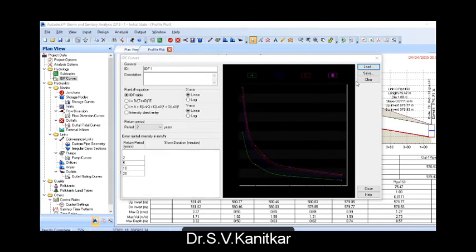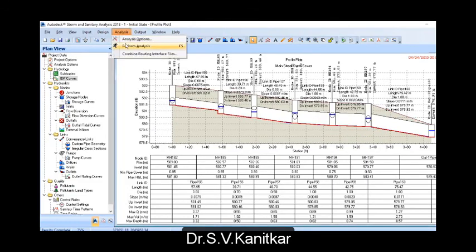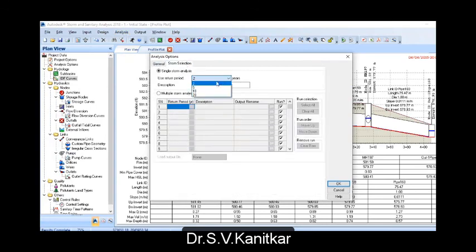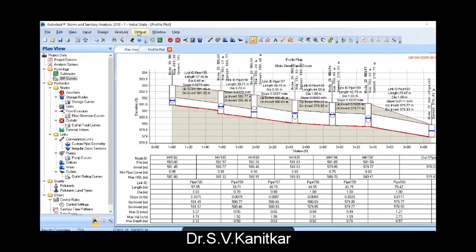I think it's loaded. Okay, so let us analyze for a slightly higher return period. So I will select a return period of, say, a 1 in 20-year storm, and see the effect.